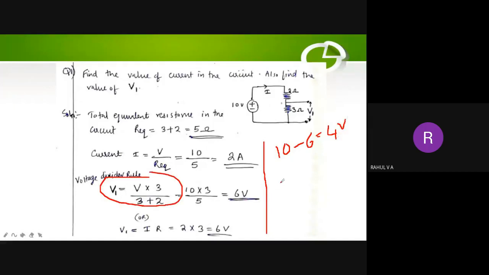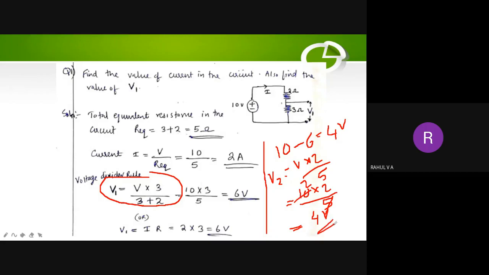Or you can go for voltage divider rule. There how to write V. Now I am taking R2 was 2 ohm. So V2 is equal to V into 2 divided by 5. That is voltage divider rule. Voltage, ഏത് റെസിസ്റ്റൻ്റ് അക്രോസ് ഉള്ള വോൾട്ടേജ് ആണോ കാണുന്നത് ആ റെസിസ്റ്റൻസ് ഇൻറ്റു വോൾട്ടേജ് ഡിവൈഡഡ് ബൈ ടോട്ടൽ റെസിസ്റ്റൻസ്. So V into 2. V is nothing but 10. 10 into 2 divided by 5. So 5 and 10 cancel. So it is 2. 2 into 2 is actually 4 volt.